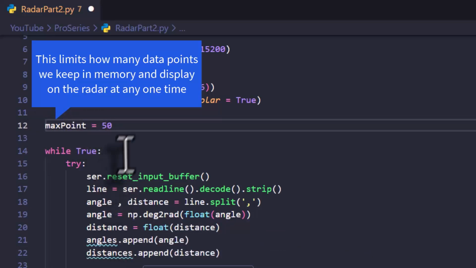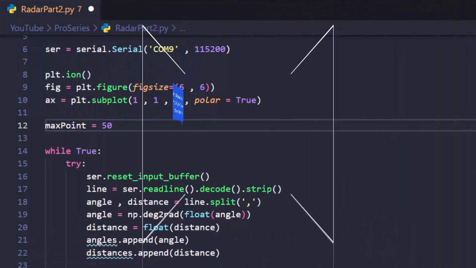In our main loop. Okay, so now I said 50. So later in the main loop, we will update our samples or our data. It means we will keep only the last 50 samples on our screen, and the oldest one will just get removed automatically by the deque library that we imported at top. Okay, the next parameter is about our